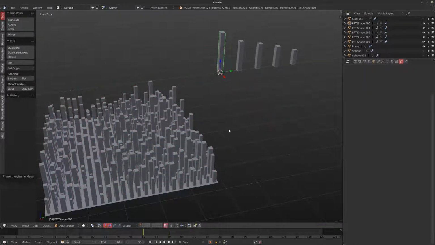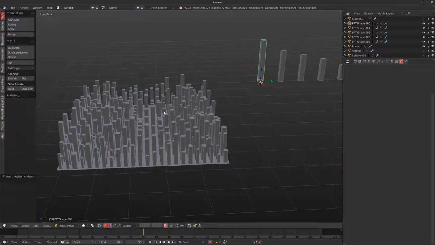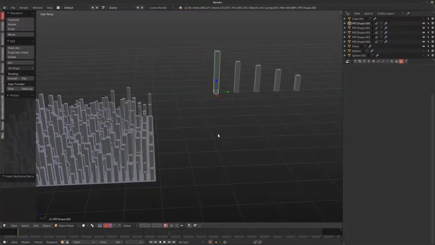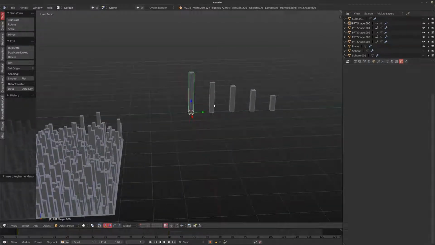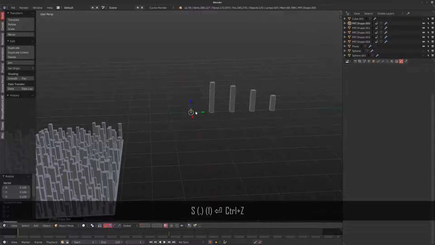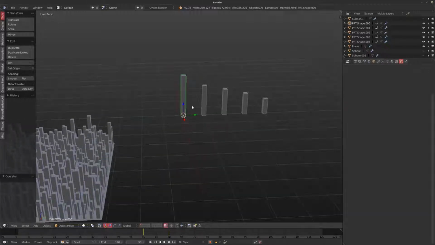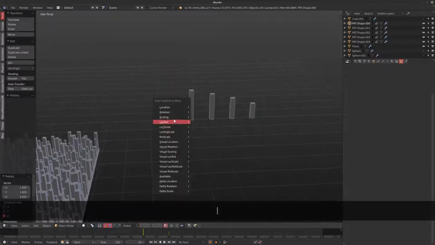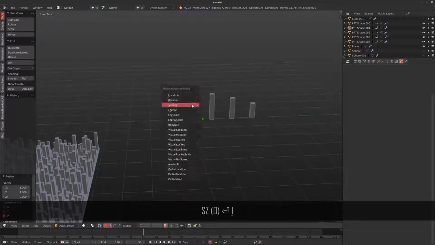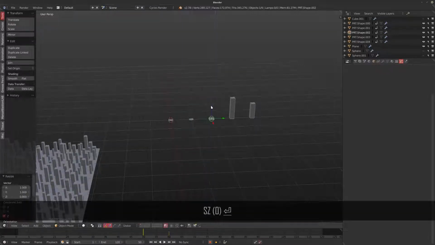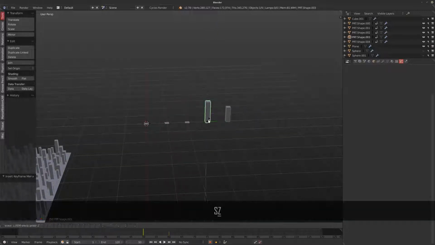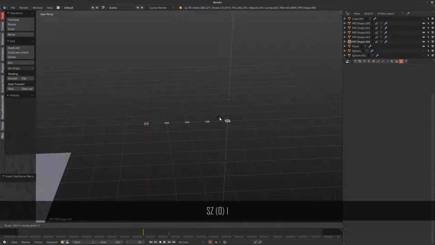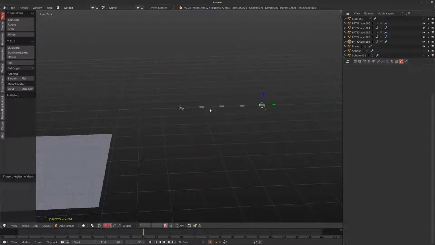Now the cool thing is the particles will actually take the animation from these individual elements. So I was able to animate all those little things popping out in the animation very quickly. So if I just scale this down to like 0.1, or actually I'm going to go back. I'll scale this on the z-axis to 0.1, or maybe even to 0. There we go. Scaling, I see 0. Scaling, just keep going. There's probably an animator somewhere just cringing right now at how slow I'm doing this. Scaling, we can have a look.